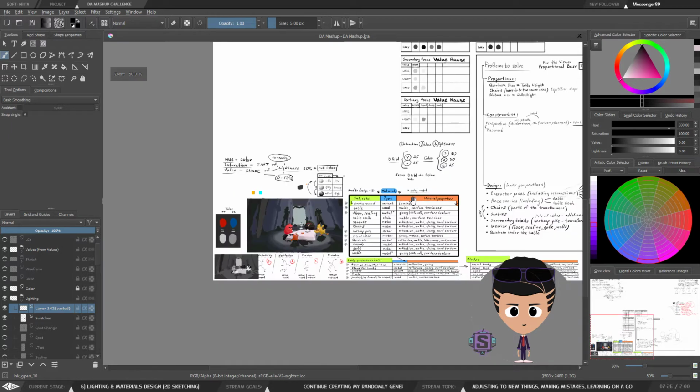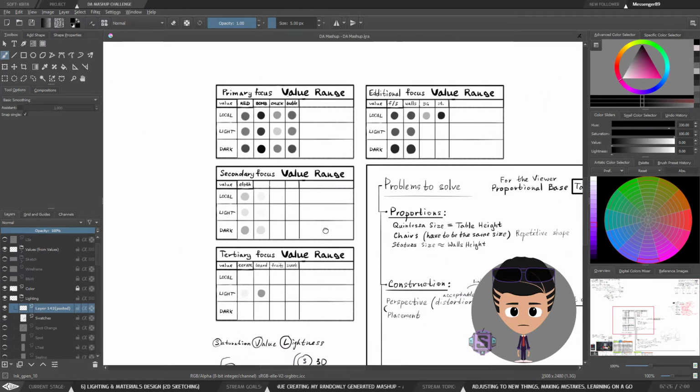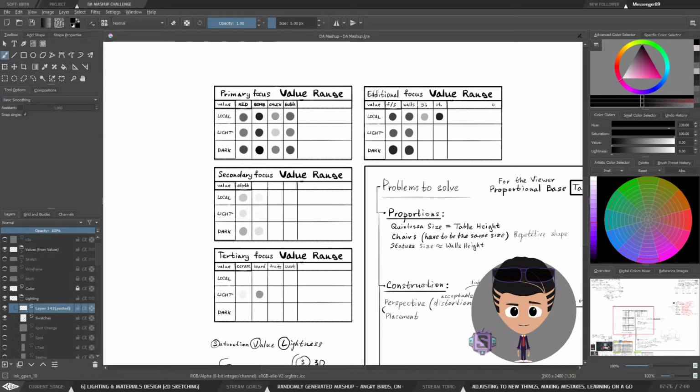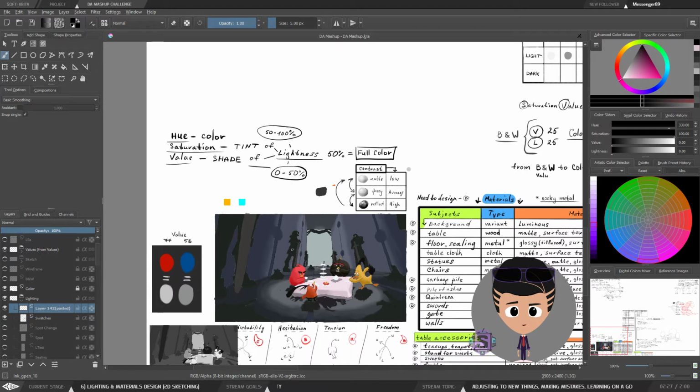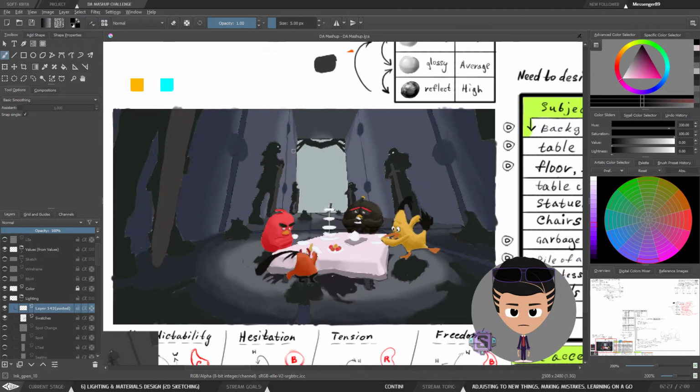So yeah, I guess on that note we'll slowly wrap up the session. Again, next session we will continue to establish these value ranges. Maybe to save time I actually will create different things for this chart to make them already present and not spend time to create this chart. And starting from next session we will establish values for statues, for garbage piles, for chairs, which are actually going to be the same with slight changes, and for Quintessa. So we are left with only two actually big elements that we need to establish values for,